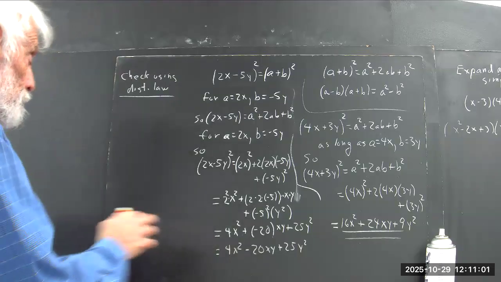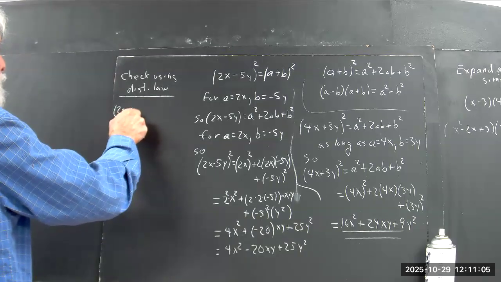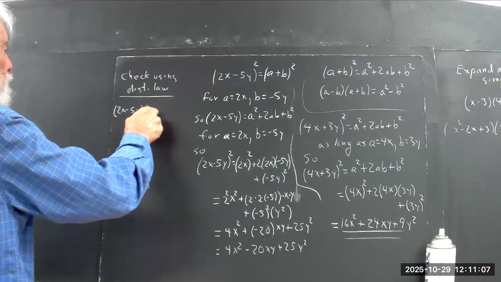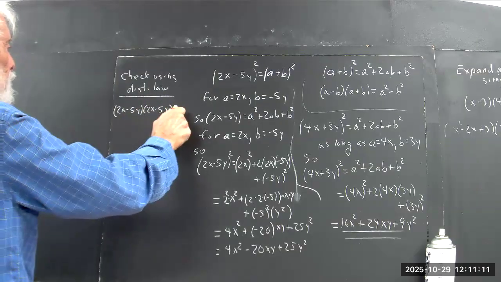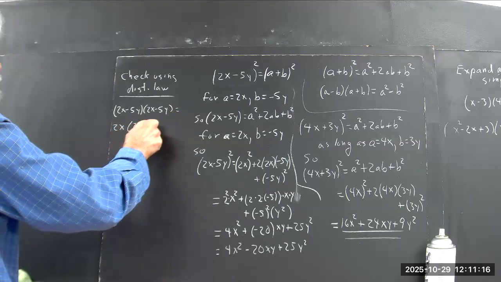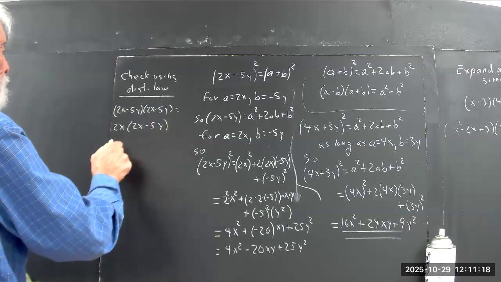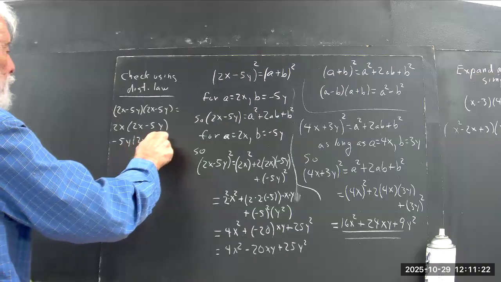Okay, I just did, but okay, you got (2x minus 5y) times (2x minus 5y) equals 2x times (2x minus 5y) minus 5y times (2x minus 5y)